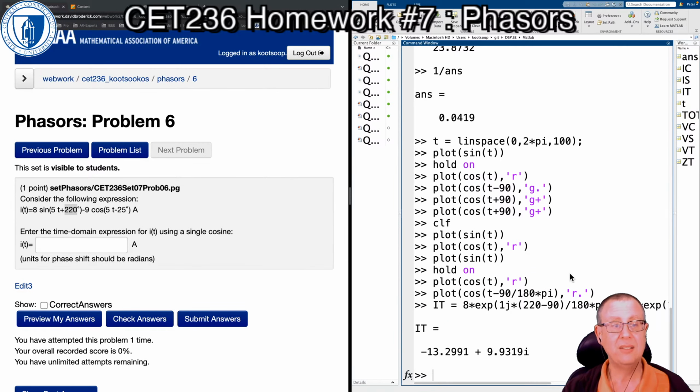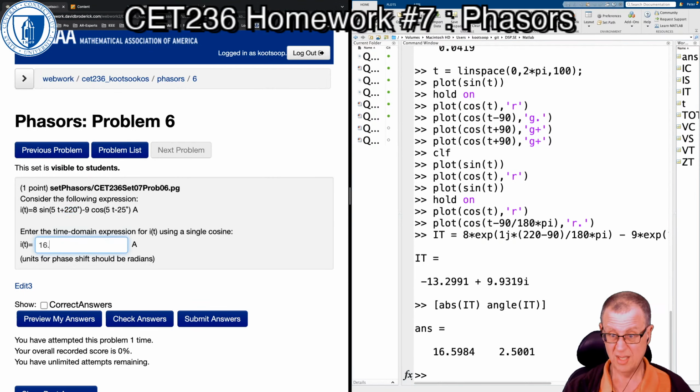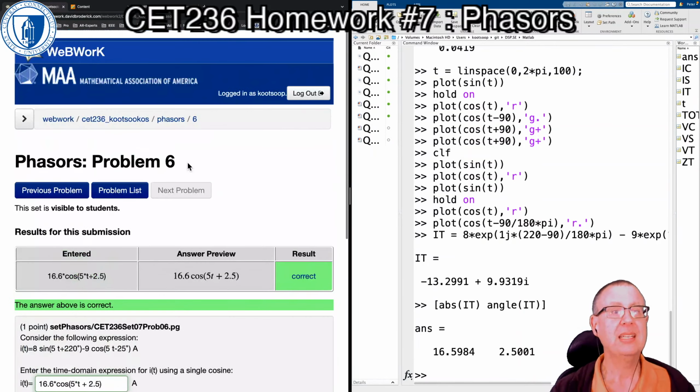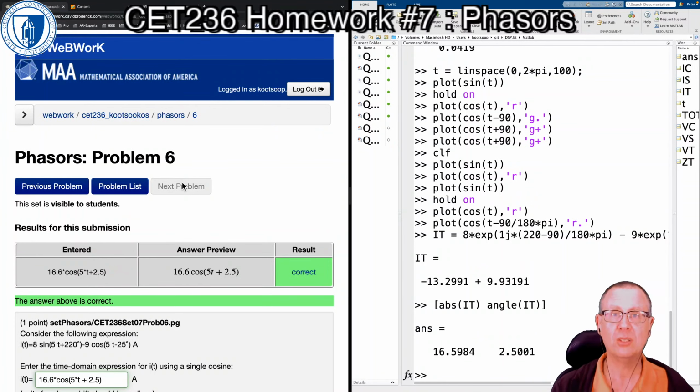Okay, and then I need to get the absolute value of that, and it's radian angle, right? So it's 16.6 times cosine of 5 times t plus 2.5. Let's see if that works. Yep, that looks good. And I don't have another problem, so that is the entirety of